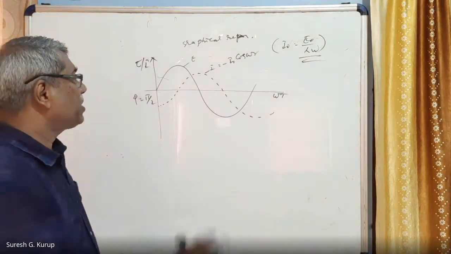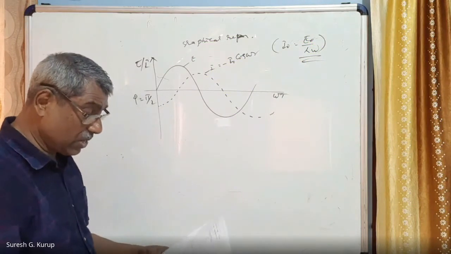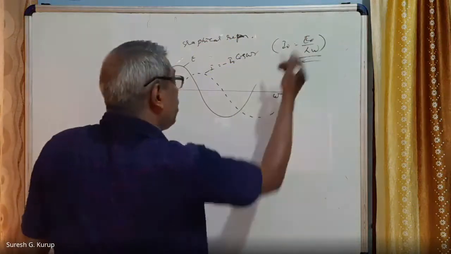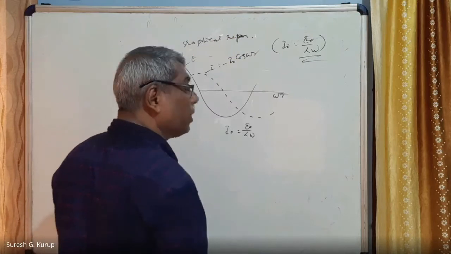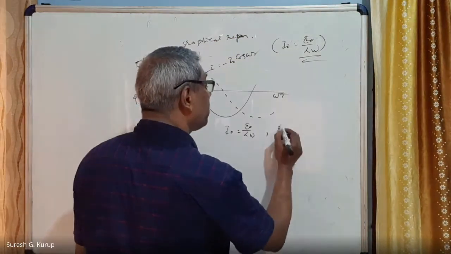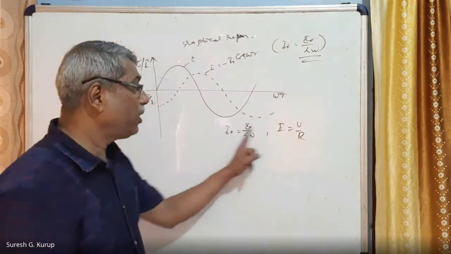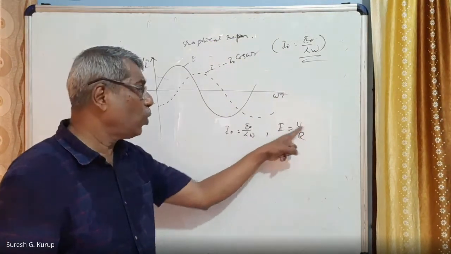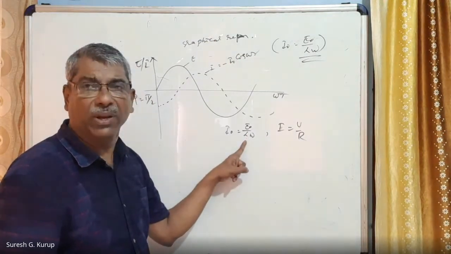Am I correct? So this is the graphical representation of current and EMF in this case, right? Also from the relation we have seen that I0 is equal to E0 by L omega. Ohm's law equation also everybody knows: I is equal to V by R. I0 and I0 is matching, V and E0 is also matching. That means V is voltage, E0 is also voltage. Therefore, R must match with the L.